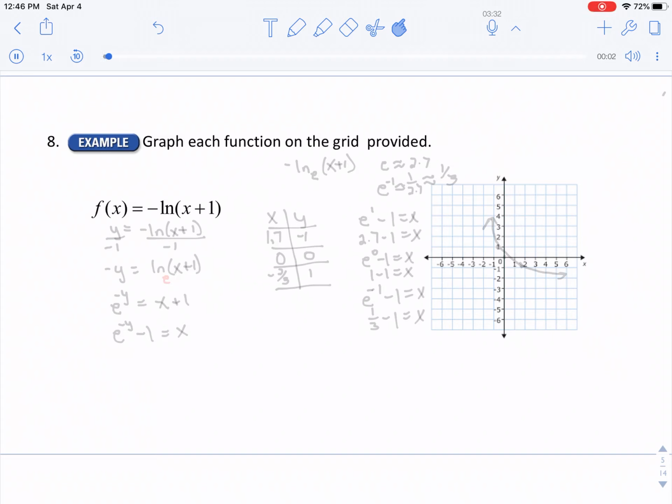This is the review for the quiz, Chapter 5. This is Problem 8. Before I start this problem, I want to remind you that for Ln, the base is an e,